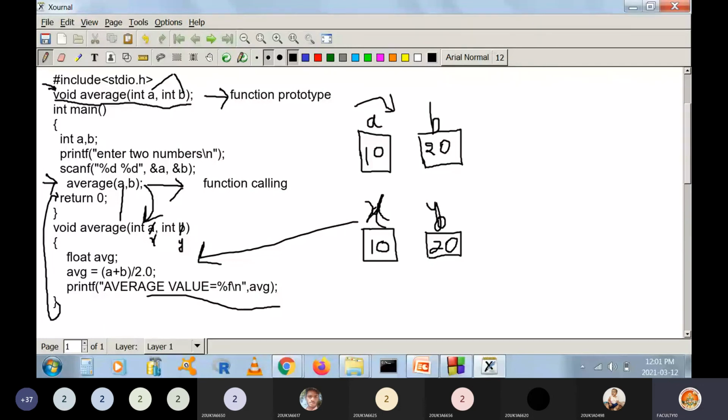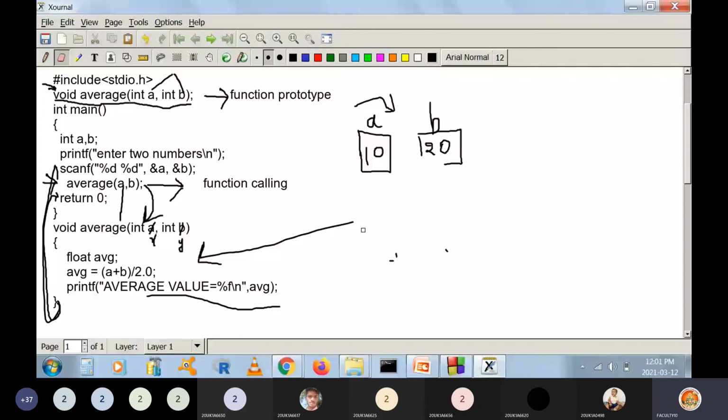And when the control leaves from here to the main function, what happens is, because x, y, and average are local variables, the memory for these variables will be removed. So they are removed from the memory. Now they are no more available because these variables are visible only within this average function.